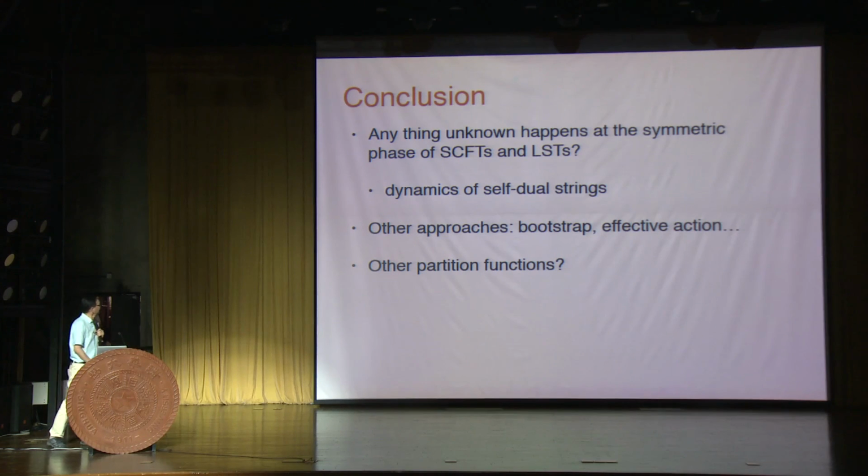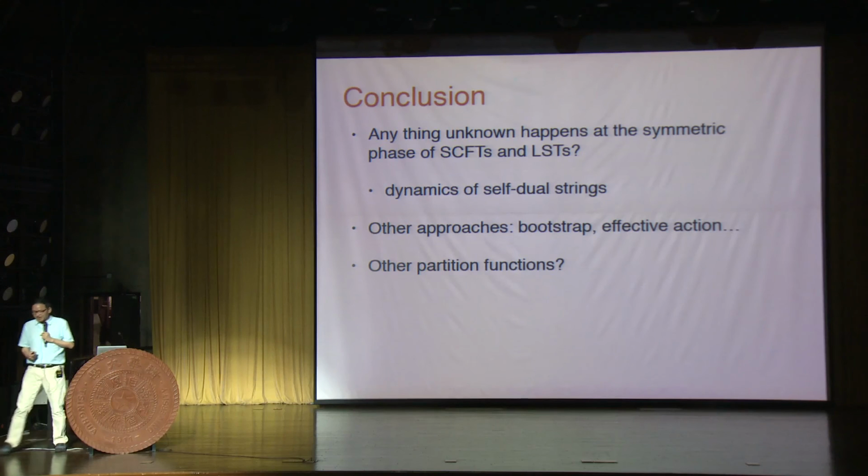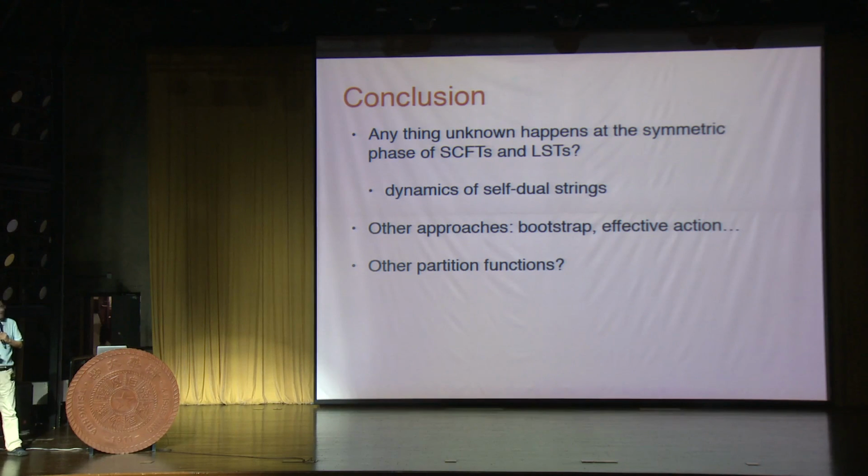So to conclude, we have calculated various things in superconformal field theories and little string theories. And what we did was basically trying to understand the dynamics of the self-dual string. But when you are in the symmetric phase where there is tension in the string, one could ask whether just looking at the field theory on each of the M5 branes, or each of the tensor branches, and the gauge theory plus self-dual string captures all the physics, or whether there is something more than that. And from our calculations, it seems that there is no additional physics beyond what we see.